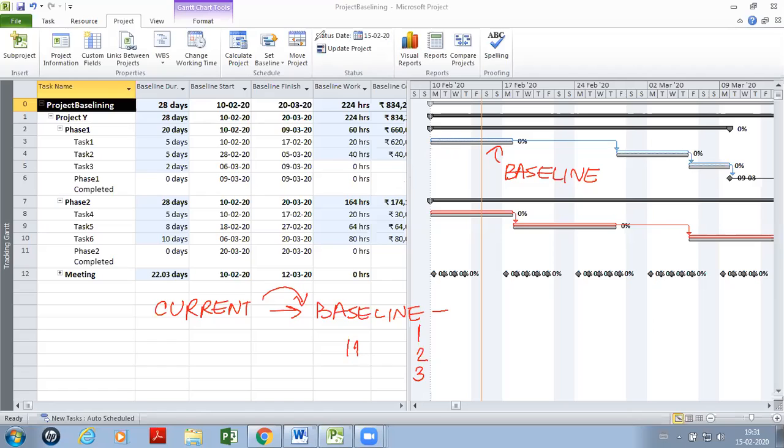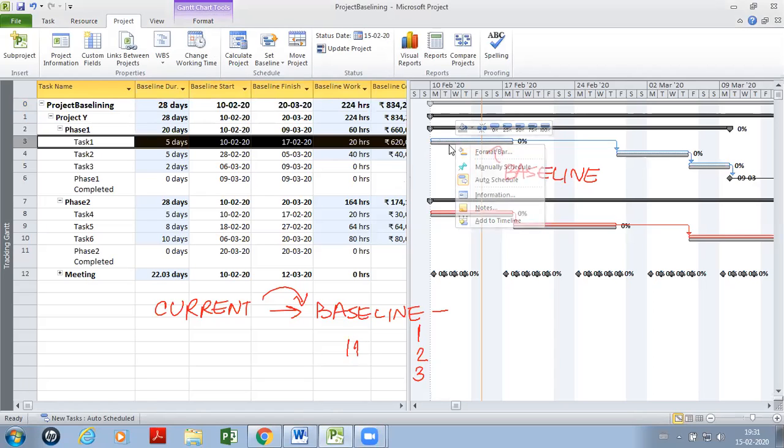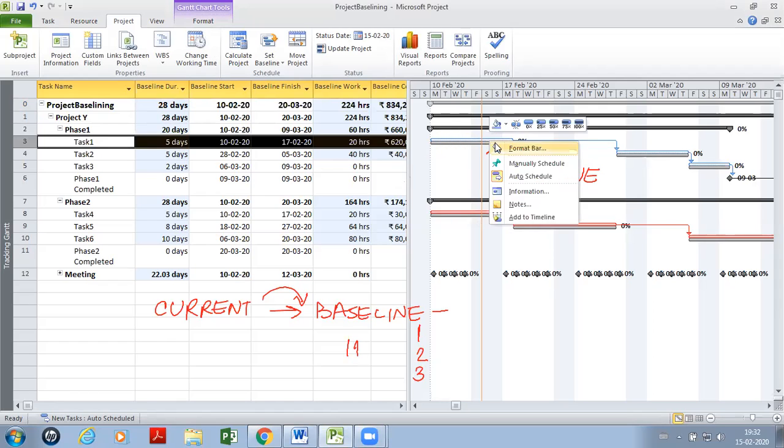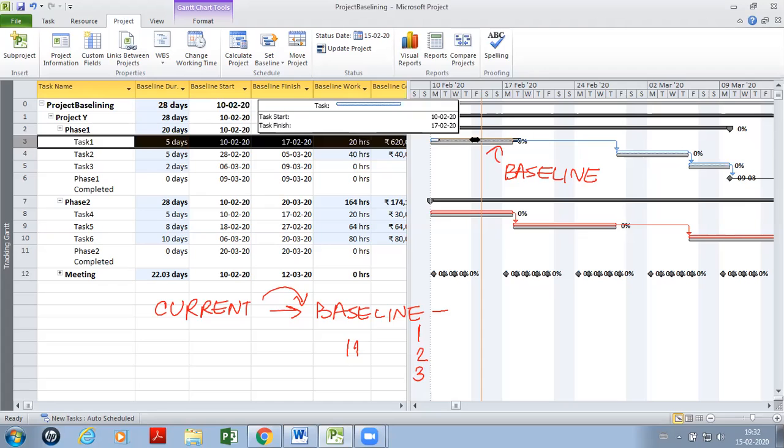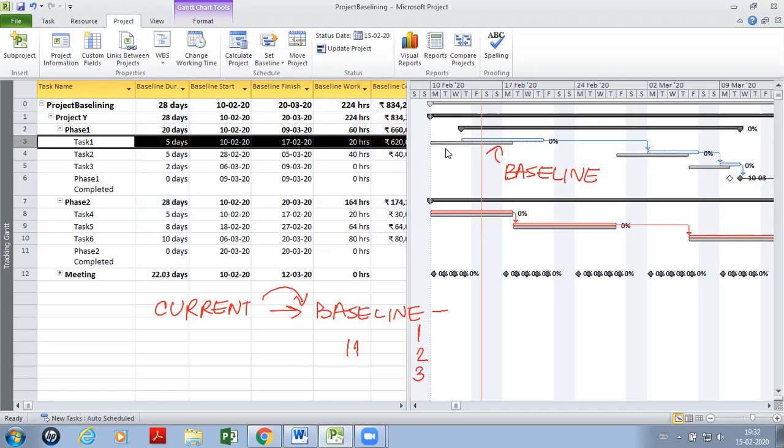We'll just try it out. So let us say I try to move this task. Yes, I have moved task 1 now, and you see the gray bar below that hasn't moved.